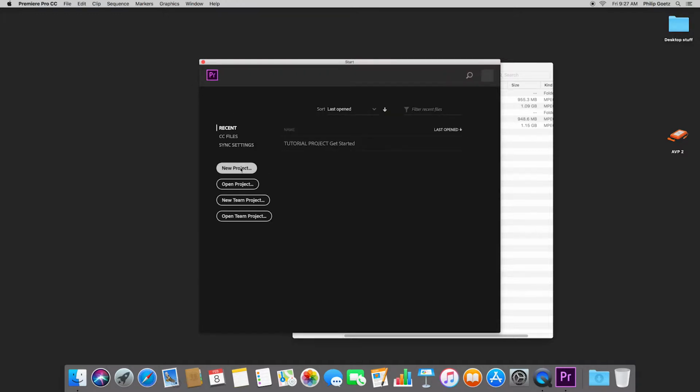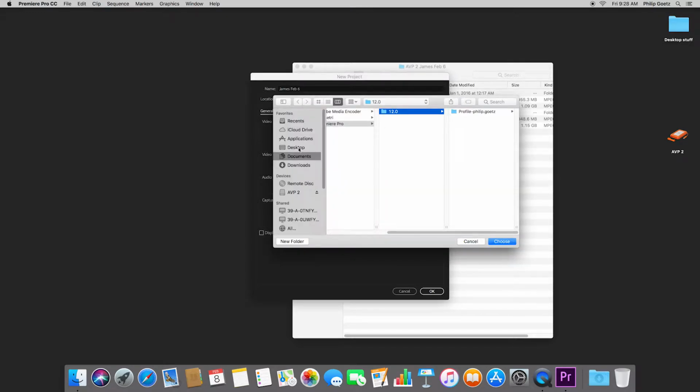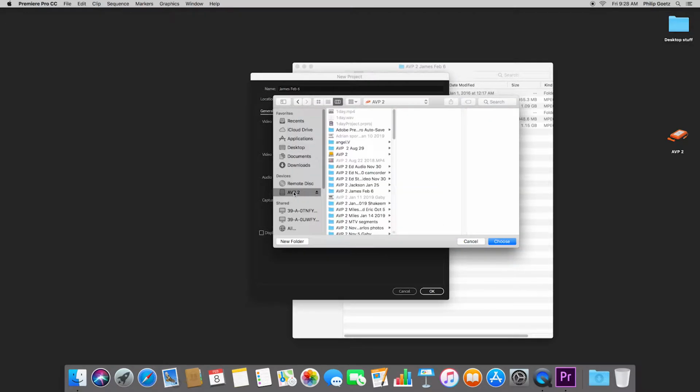So we're going to do a new project. And then this project is going to be James Feb 6. And then we're going to browse where we want to save it. And to stay organized here, we're going to go to the hard drive that's connected. So the external hard drive's connected. And it's going to let us